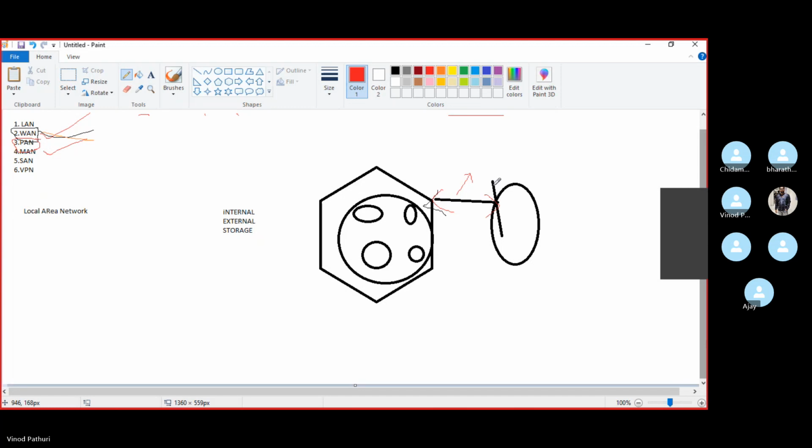Okay, and so usually you will create a dedicated storage area network, and you will transfer all your backups through it instead of using your local LAN, WAN, PAN or MAN, because the rest of the traffic is users' traffic.